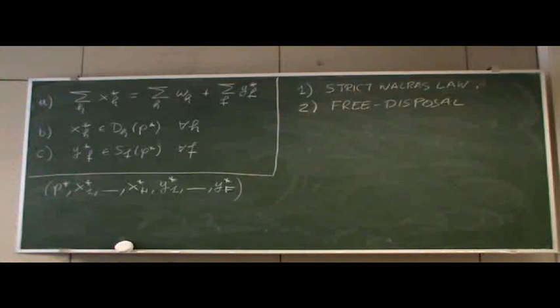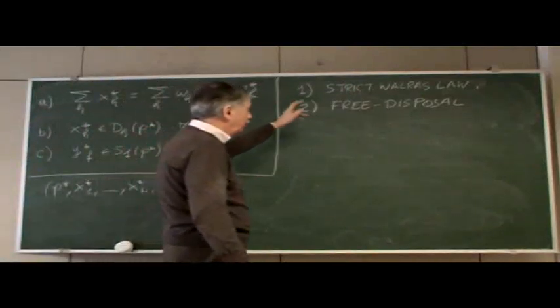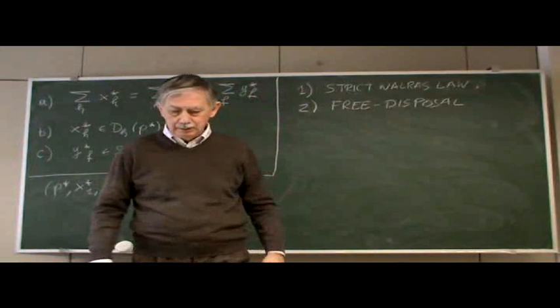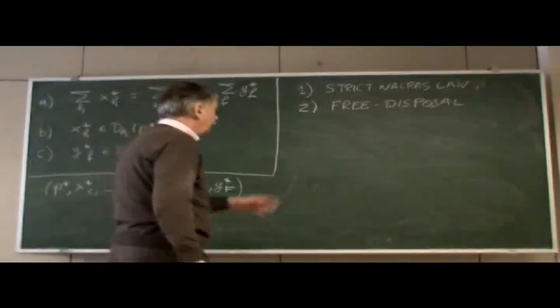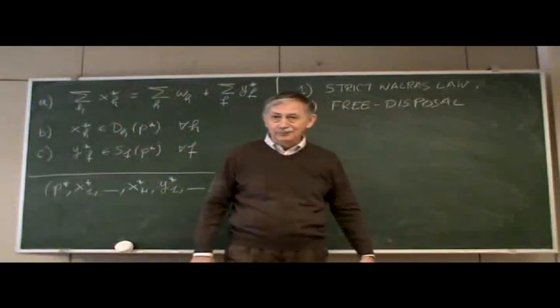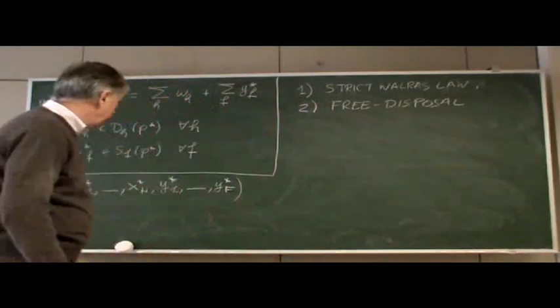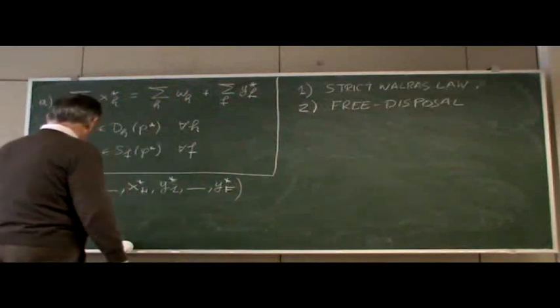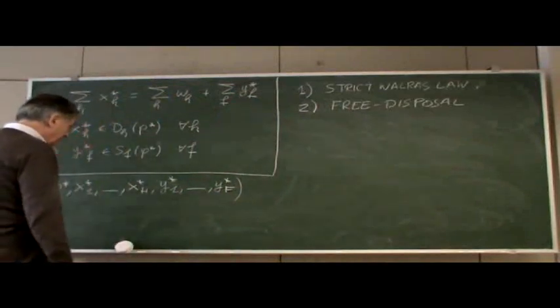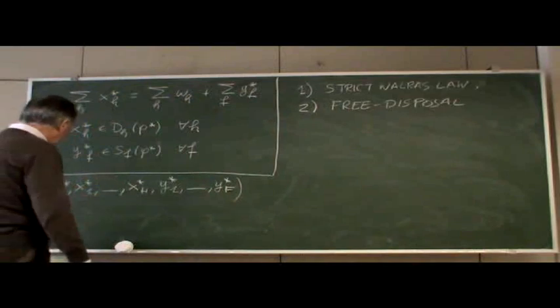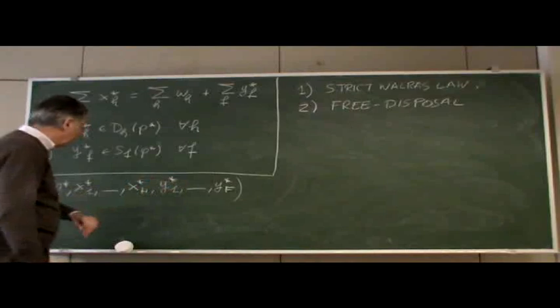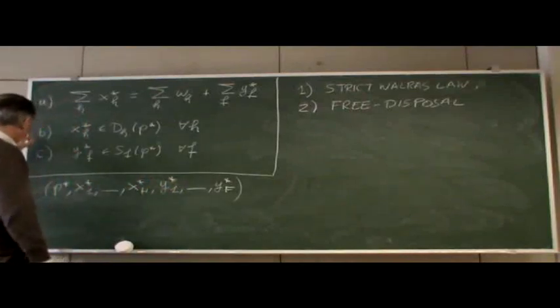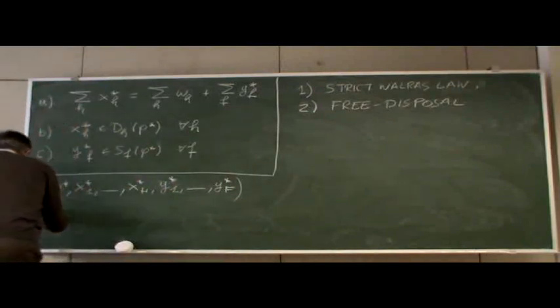However, if we assume strict Walras' law, so local non-saturation for every consumer, and free disposal for at least one firm, you can prove that an equilibrium exists. Put attention, if there exists a vector like this, which verifies B, C, instead of A,